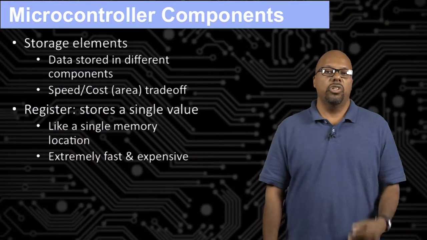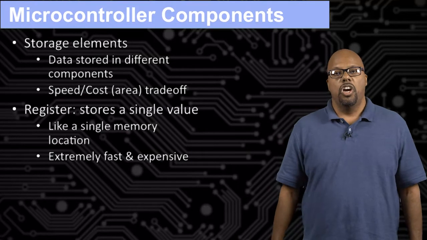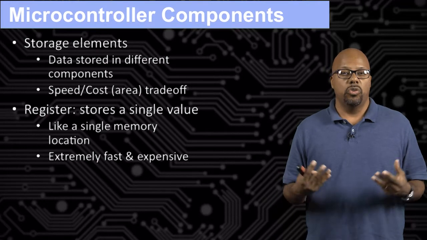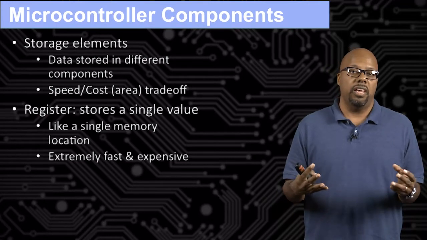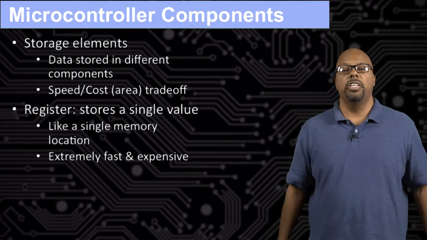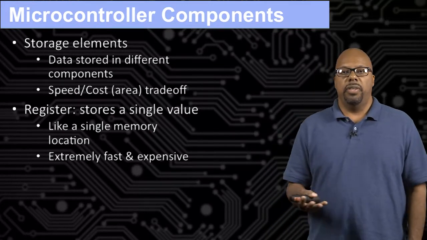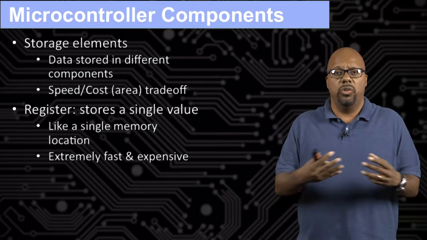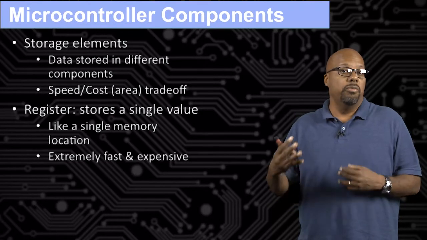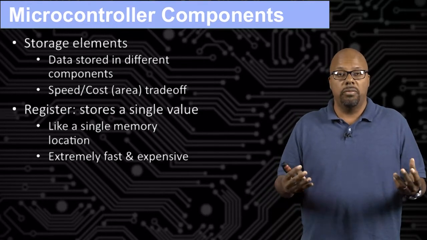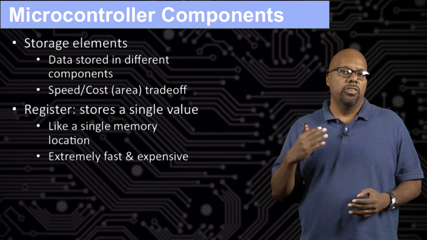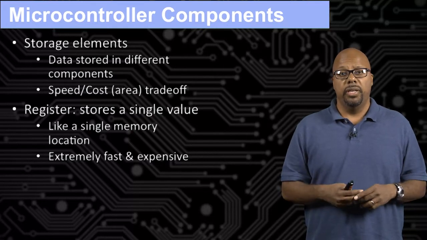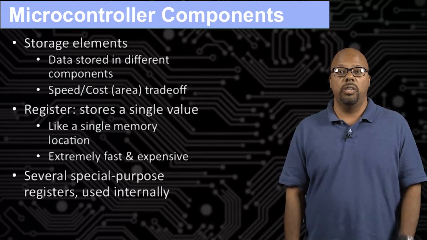So, the most basic storage element, the fastest storage element, is a register. A register stores only a single value. Now, depending on how many bits wide the register is, it stores one number. So if you have a 32-bit data path, you'll typically have 32-bit registers, so it can store one 32-bit number. It stores whatever you want: maybe a memory location, or some number or variable you're working with right now in the program. Very fast. When I say very fast, the access time is a lot less than a clock cycle. But it's expensive, so you can't have too many of them on chip because they're so big.